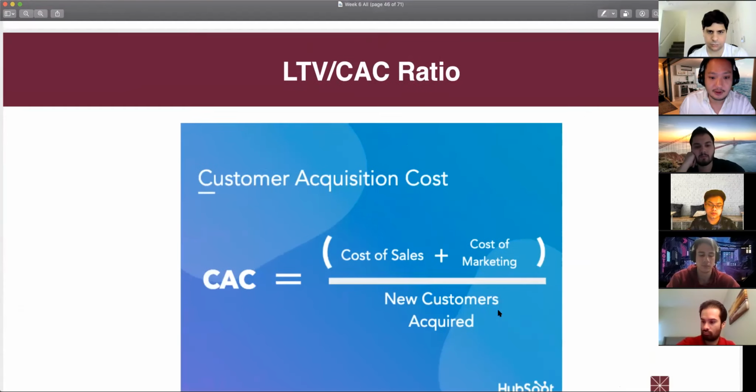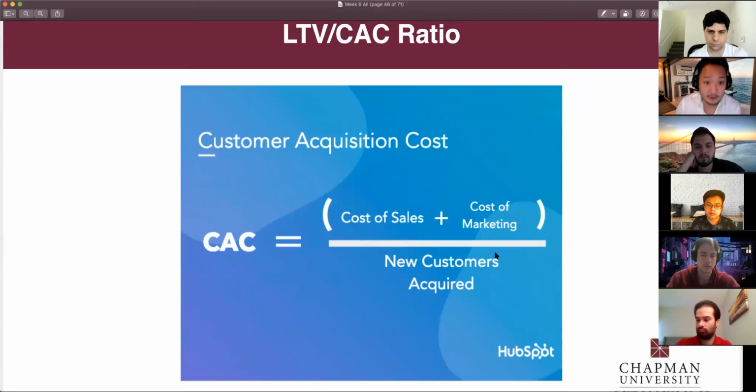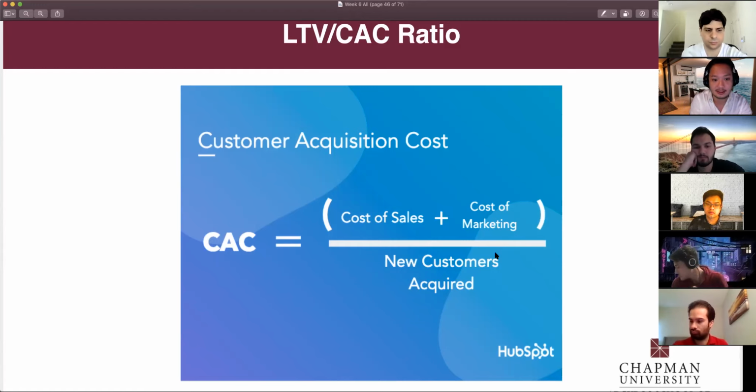Exciting stuff. What is customer acquisition cost? Customer acquisition cost is the cost of sales plus the cost of marketing. Make sure to also include how much you're paying your marketing team or your outsourced team. And if you want to get really specific, you break down what you're paying yourself if it's a very small sole proprietor type of business. You say, okay, 20% of my salary I'm going to put into the CAC measurement, because that's roughly how much time I spent on trying to get a new customer over a weekly period.